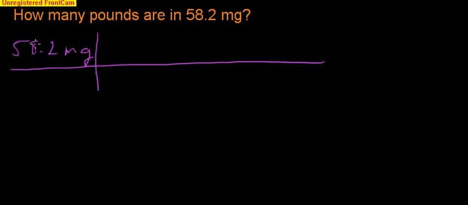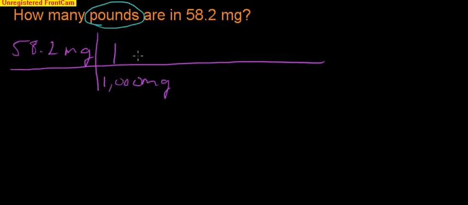So once again, I want to cancel out milligrams, and the ultimate goal that I'm going for is pounds. That's what I'm looking for, pounds. So I've got to keep going until my units end in pounds. So I'm going to go ahead and put milligrams in the bottom because I know I want to cancel out my milligrams. I know that the prefix milli means 1,000th. So I know that there are 1,000